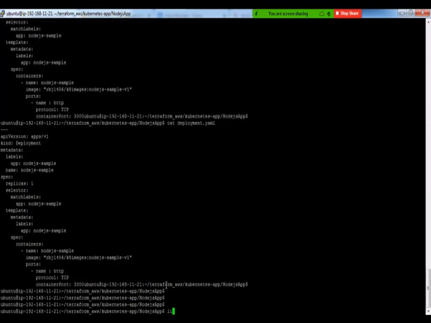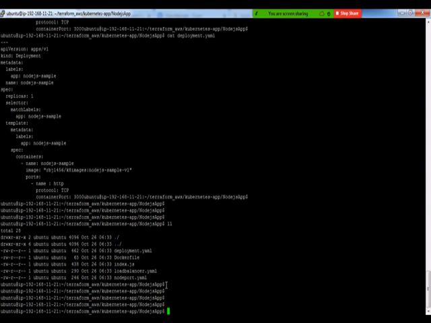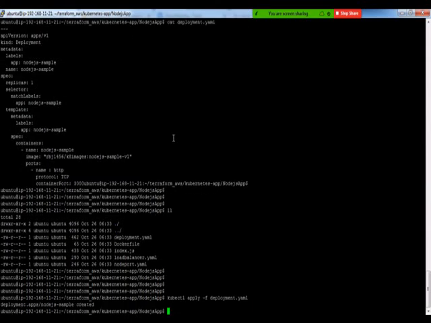Okay, so what I'm going to do now is kubectl apply -f, and I'm going to mention that file, which is deployment.yaml. So with this command, I'm going to supply the file deployment.yaml, which contains all sorts of configurations for the Kubernetes object Deployment, and it's going to spin up a Kubernetes pod by using the configurations mentioned inside that YAML file. So I'm just going to hit enter.